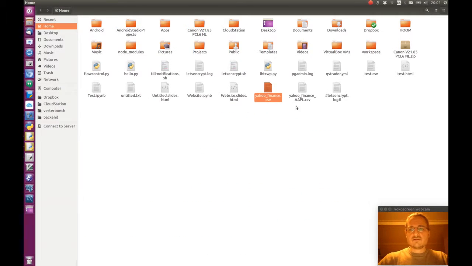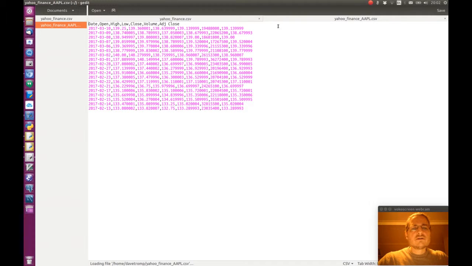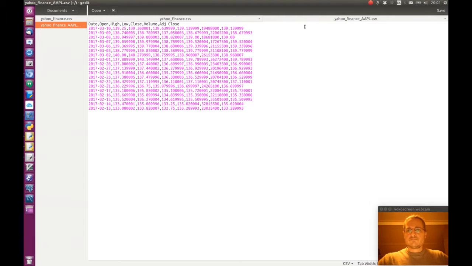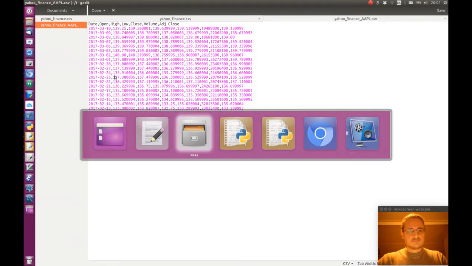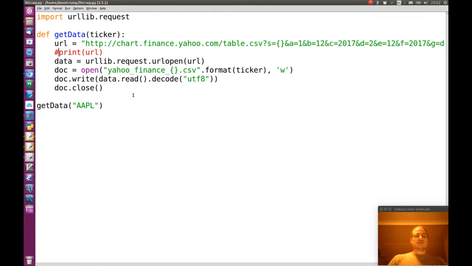Let's see if we have the file. We have here Yahoo Finance AAPL. Let's look at it. And there we have it. Is this different from the other one? Yes, it's different. So here we have an example of a function that can be called and get the data from Yahoo Finance. To elaborate on this, we could also call this repetitively, this function, by looping over a list of symbols that